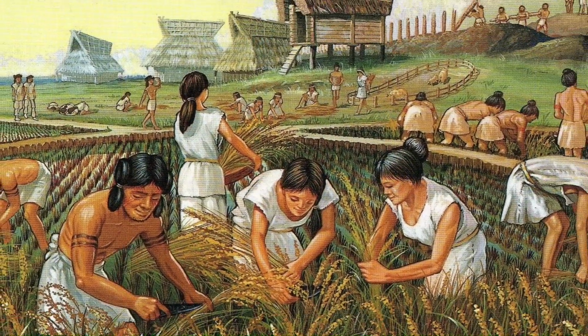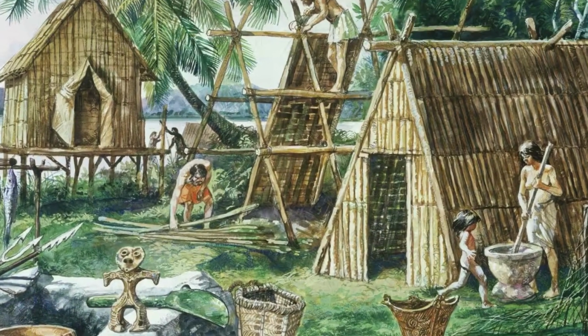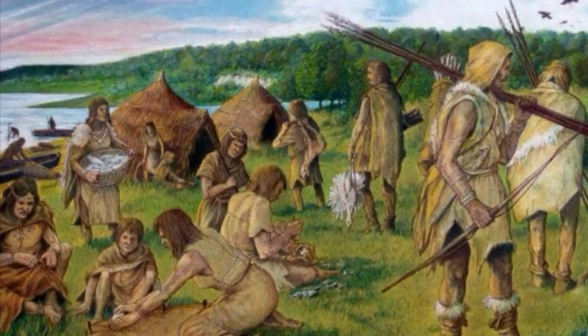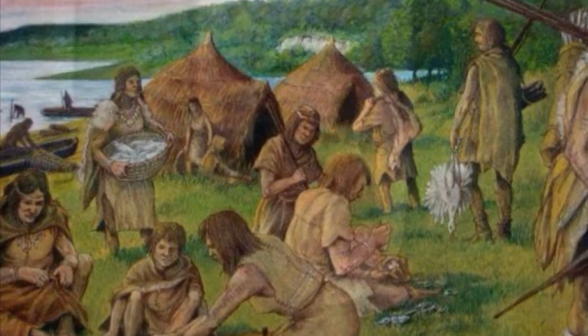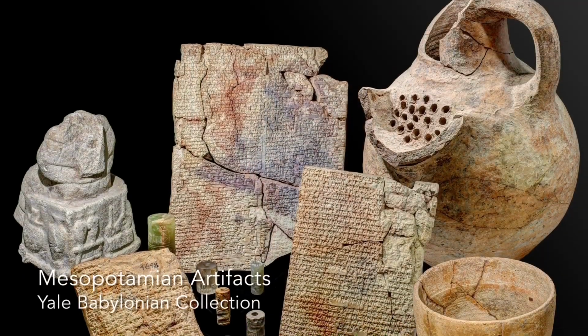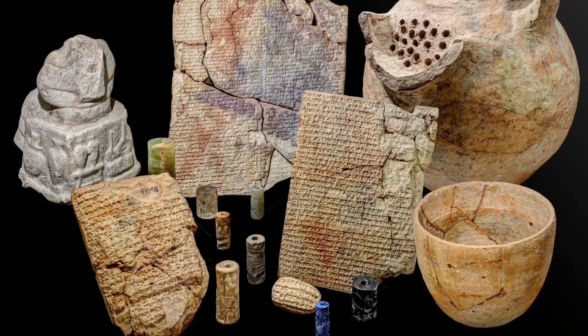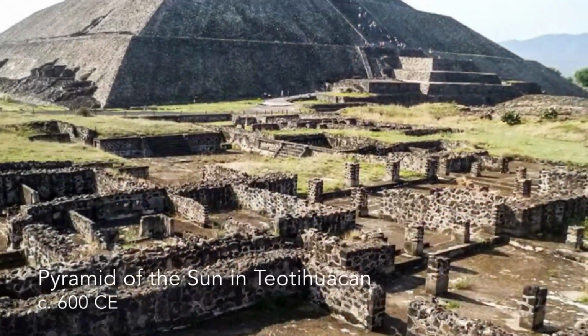So what farming does is it supports a larger population and a settled lifestyle, and that opens the way to this whole new style of living where instead of wandering around in a nomadic band, you're living in the same place, and that's a new thing. And it spreads because essentially you can support more people with this lifestyle, and so you squeeze the hunter-gatherers in the areas between the farming areas and they become farmers too. And the other thing it allows you to do, because you're now settled down, is you can start to accumulate goods. You can start to keep stuff, whether that's food or other things, and that leads the way to greater